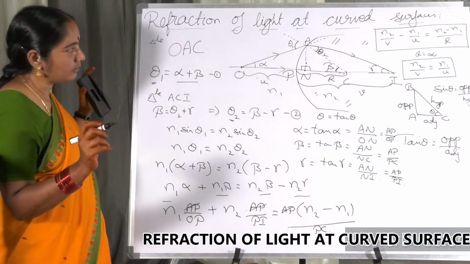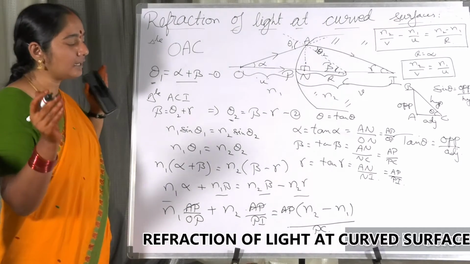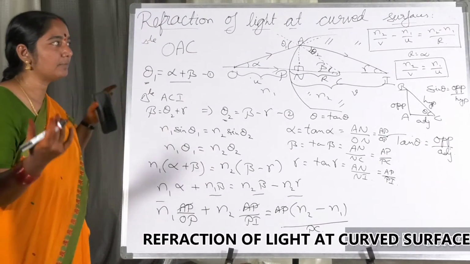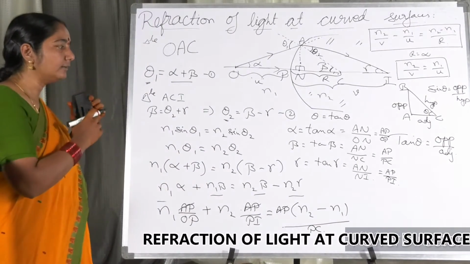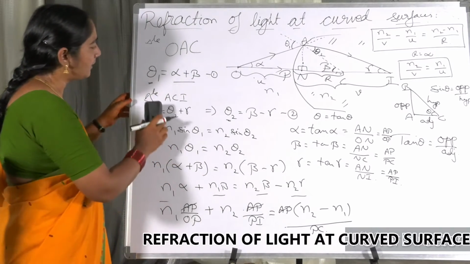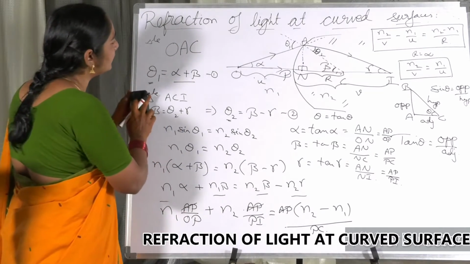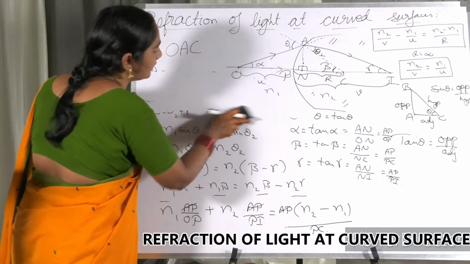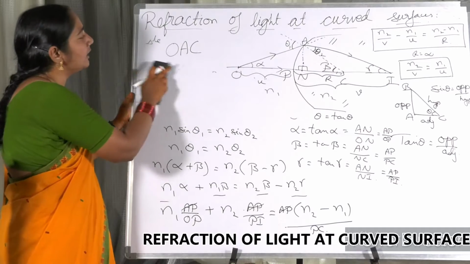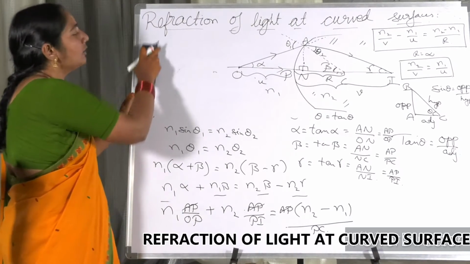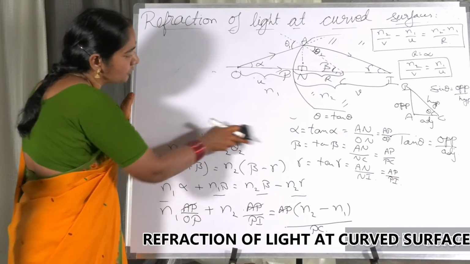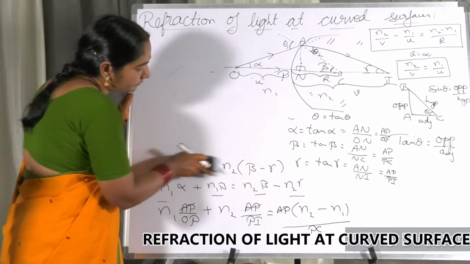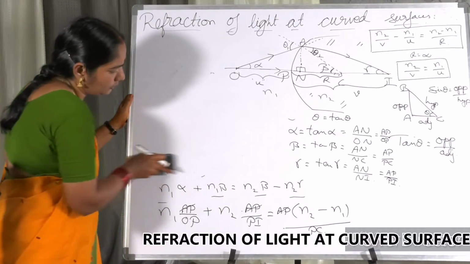Now, my dear friends, please try to understand. Now we are going to bring the sign convention also into picture. Here I am trying to rub this part so that I can do my solving here. Sign convention, please try to recollect what is sign convention. Along the direction of light, we have taken positive. Against the direction of light, we have taken negative. The same thing we are going to use now.